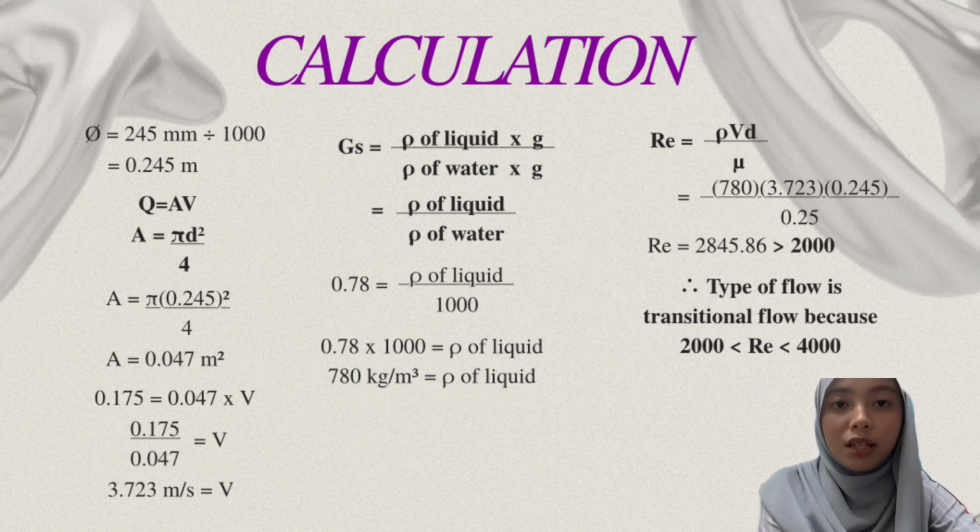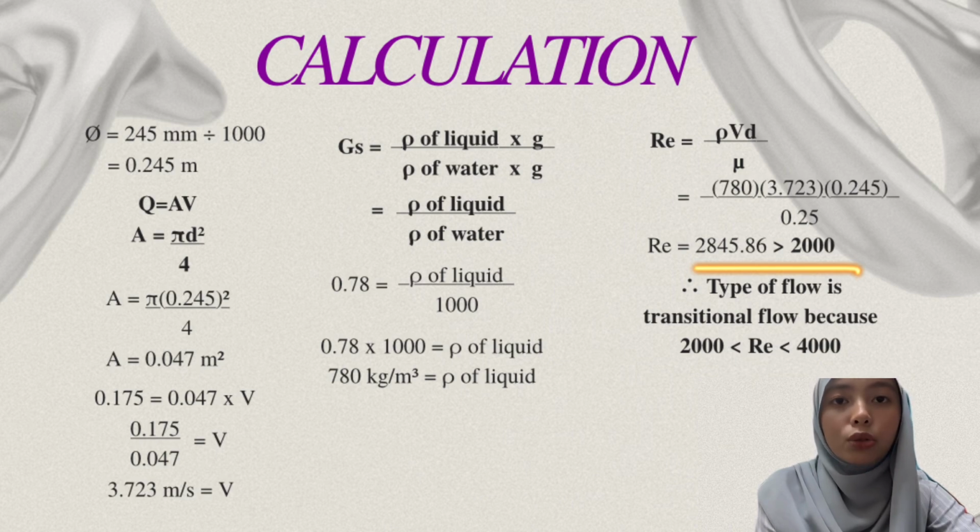Determining the density of liquid helps us to find the Reynolds number, where the formula is Reynolds number equals density multiplied by velocity and diameter over dynamic viscosity. Since we have all the values, just substitute them into the formula to get the value of the Reynolds number. From the answer that we got, the value of